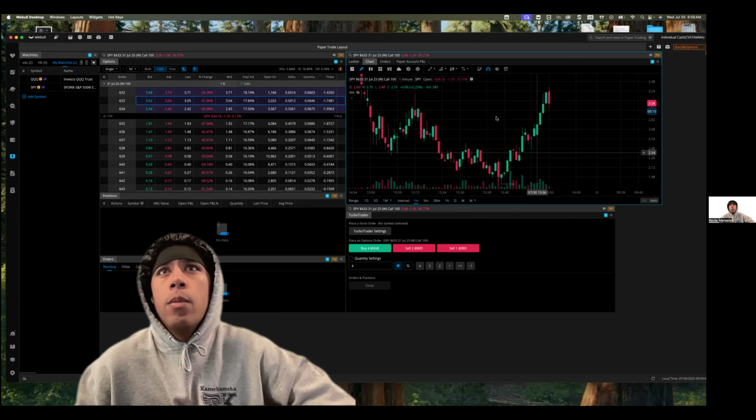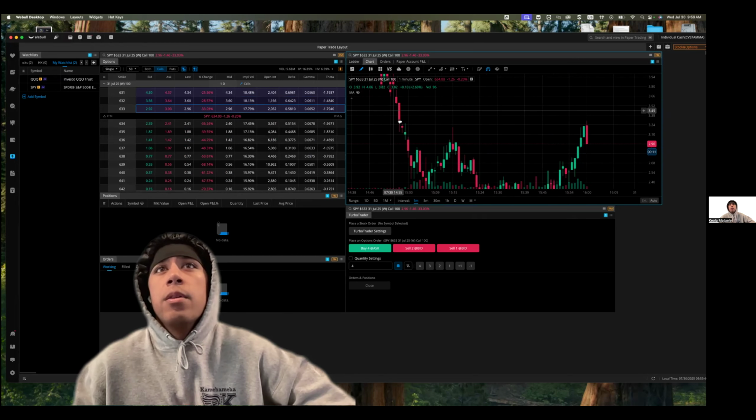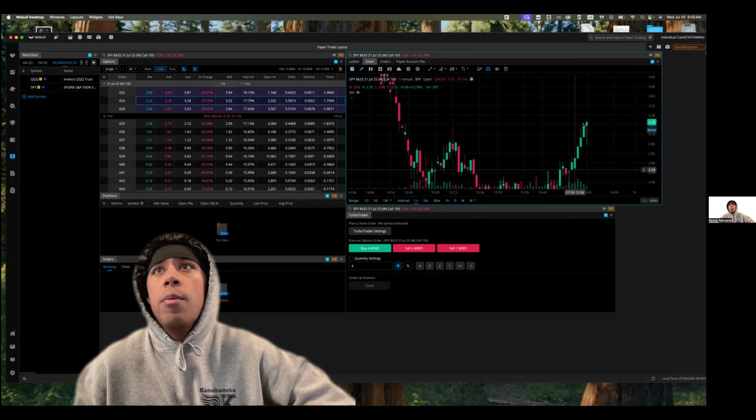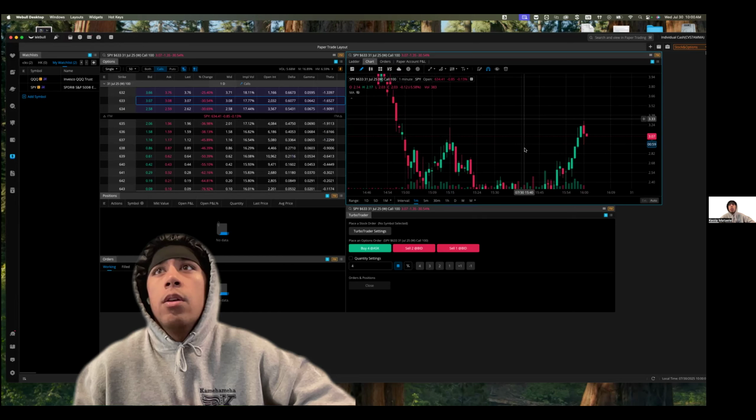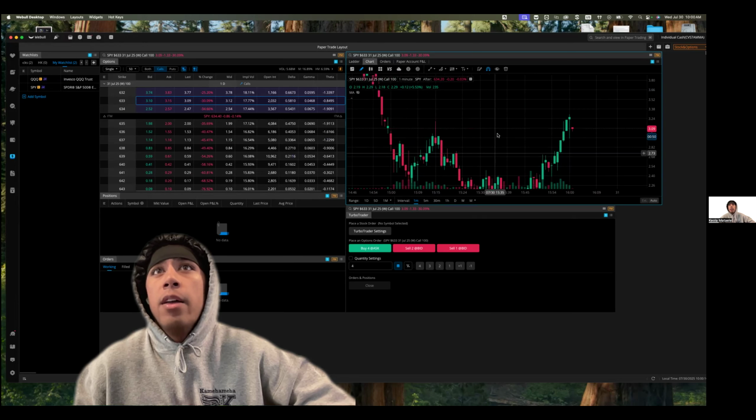So overall, since the gap is here, you could draw a line across. And so this is going to come fill up the gap and continue upwards, potentially. Or it could be a fair value gap,